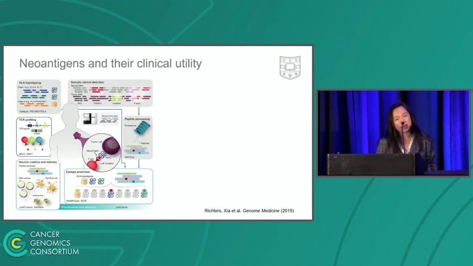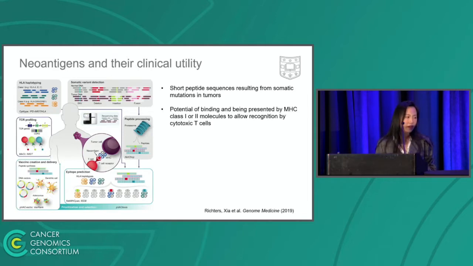And so a quick recap on neoantigens and their clinical utility. Neoantigens are short peptide sequences originating from somatic mutations or other sources, specifically in tumor cells. They have the potential of binding and being presented by MHC class 1 or 2 molecules to allow recognition by cytotoxic T cells. And this recognition has the potential to activate a T cell-mediated cell death response for tumor cells